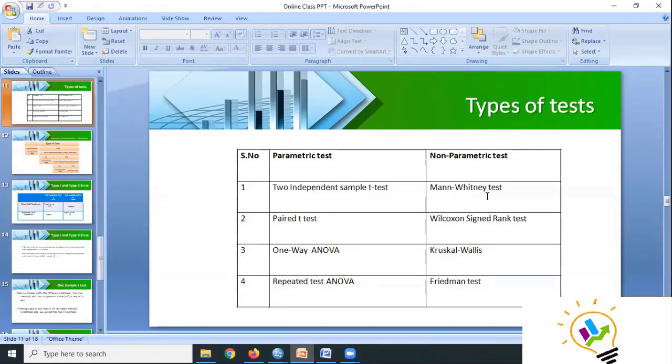But why do we mostly use the t-test rather than non-parametric methods? Many people, when they come, they want a t-test or ANOVA. They ask us to do ANOVA, they ask us to do a t-test. Then we ask, your data does not have a normal distribution, so why do you want it? Because their professor wants it. So obviously we do it. But to use a parametric test, there are a lot of conditions. Okay, ma'am.